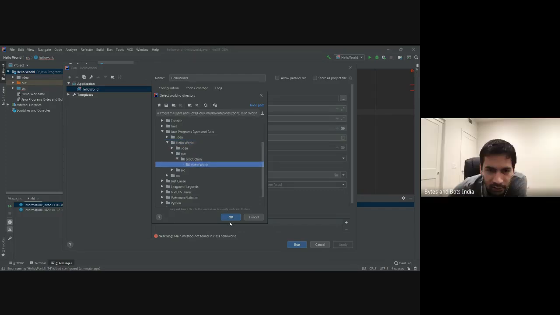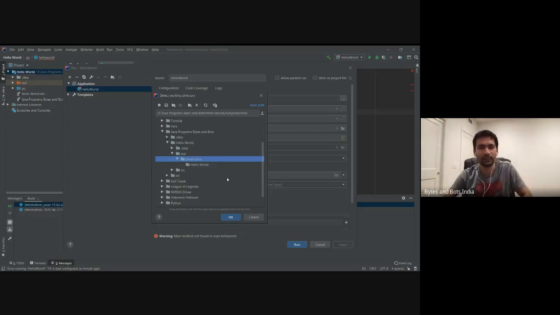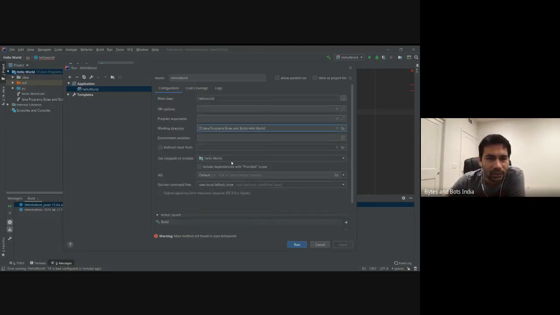Click OK. I think no, cancel it. I'm just checking if your directory structure is right or not. So it looks like there's some IDE configuration issue, but in the interest of time, let me take the screen presentation and let's finish what we were doing, and then we can keep exploring case by case and fix this problem. Not everyone is stuck, so let's free everyone else, and then we can come back to solve this problem.